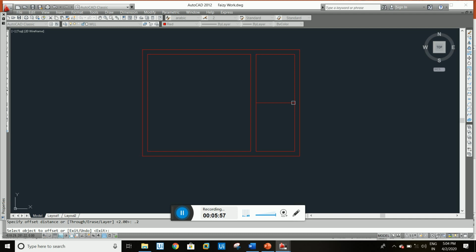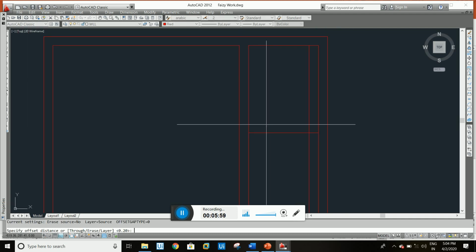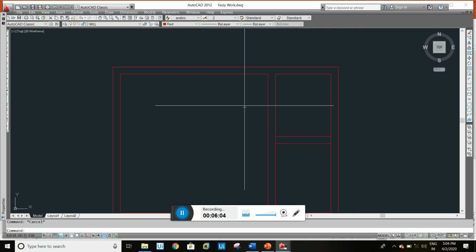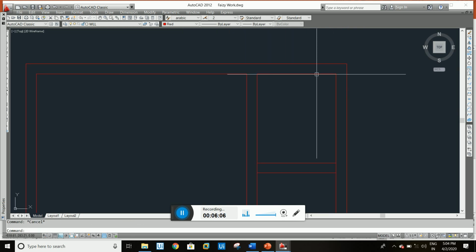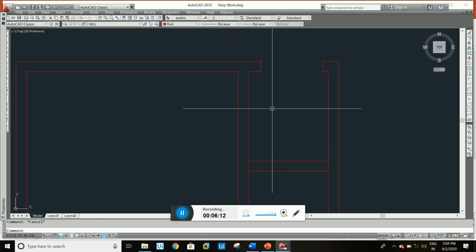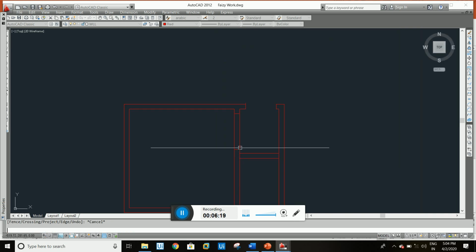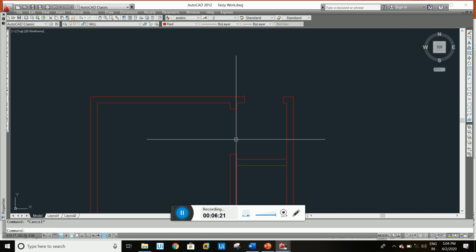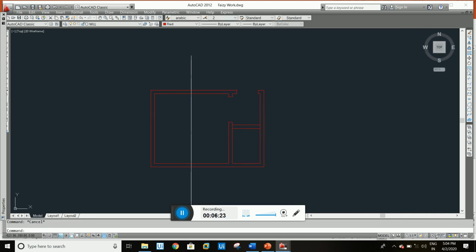Point 2, we make an opening here, a door to enter the room, any size of door we can enter here. We use this for openings, like use opening here and extend, trim. So this is open, this is the main door for the room, and this is for the toilet. We can open the door here.